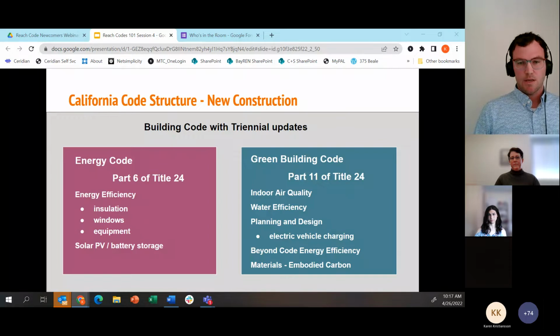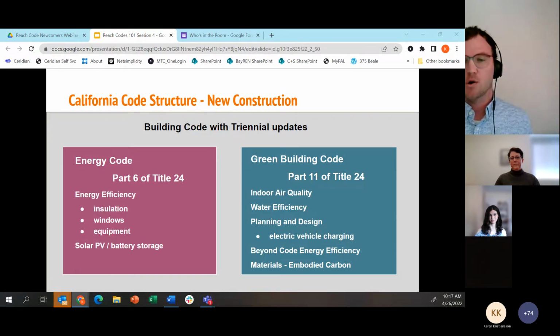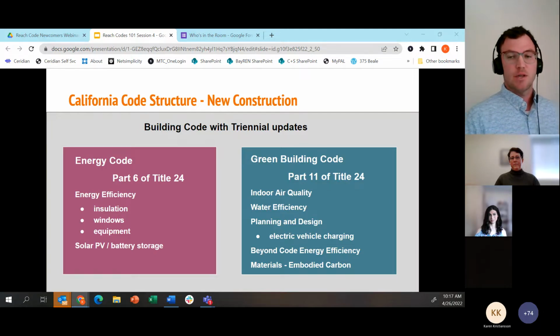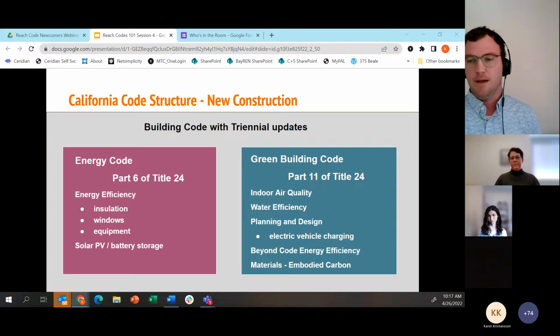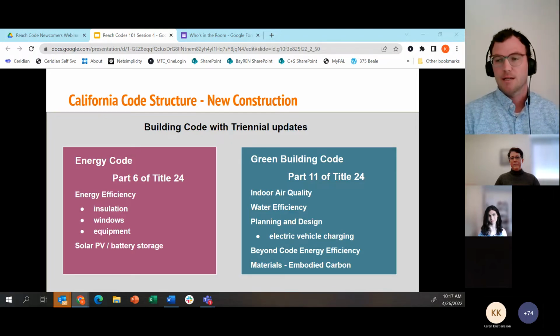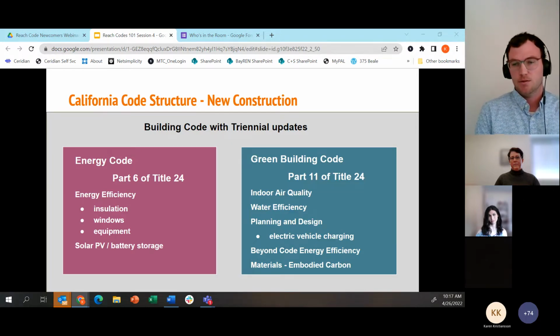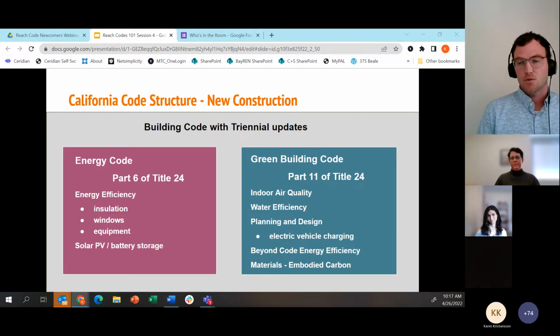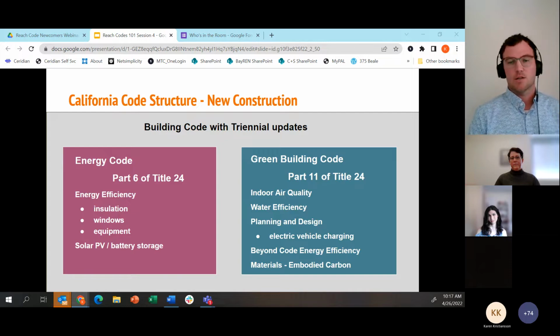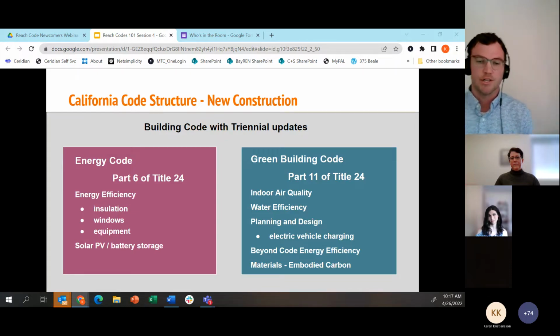So beginning with the California code structure, and starting a couple decades back from a historical perspective, the different parts of the code were created at different times to address different crises. The energy code on the left was first adopted in 1978 in response to the energy crisis of the early 1970s to support California's long-term strategy to meet energy demand.